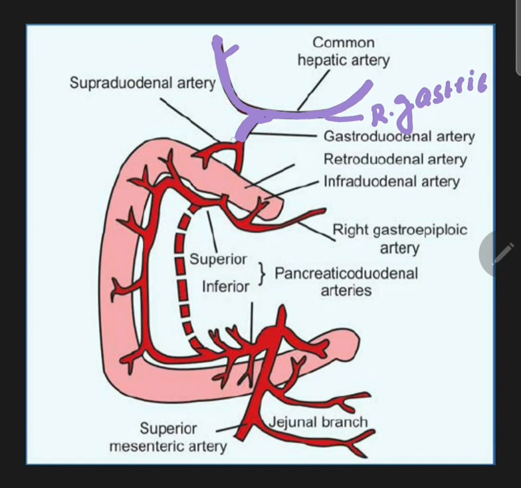So the gastroduodenal artery is going to give a branch that runs on the upper surface of the first part of the duodenum, which is the supraduodenal artery of Wilkie. This is also going to supply the first part of the duodenum. So the first part of the duodenum is supplied by the supraduodenal artery of Wilkie. It is supplied by the right gastric artery. Okay, after that your gastroduodenal artery continues as the retroduodenal artery,